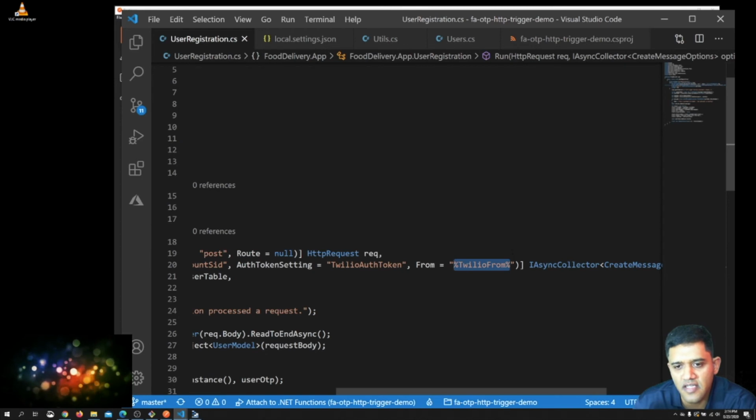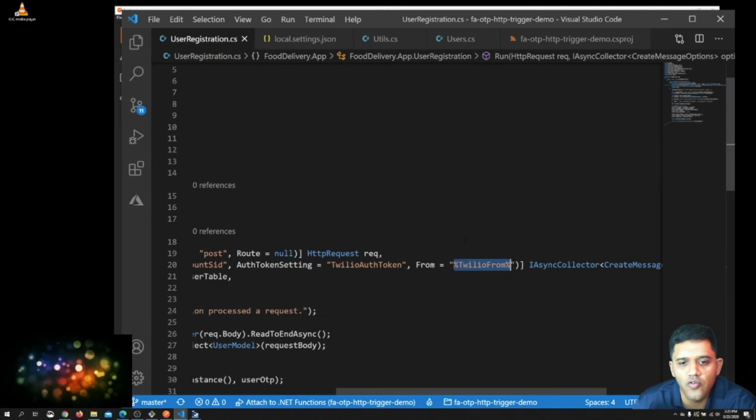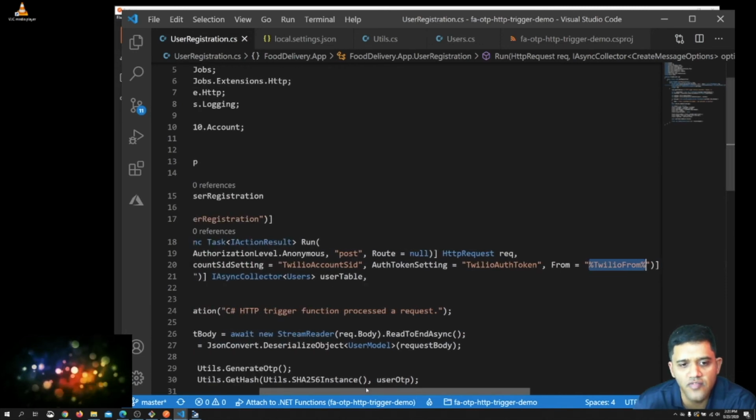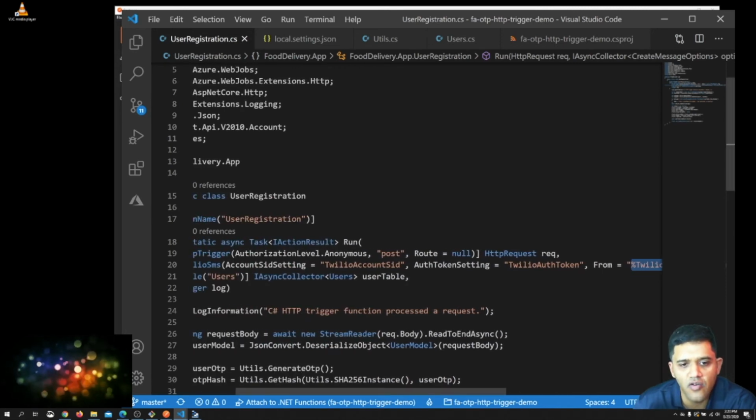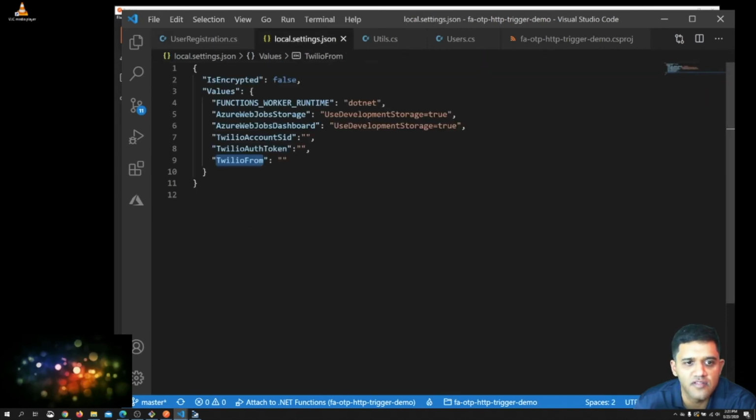This syntax tells the Azure system to substitute this value from the configuration file. For the account SID and auth token, that is done automatically, but since this is a custom value, I'm getting this from the configuration file, which is here.